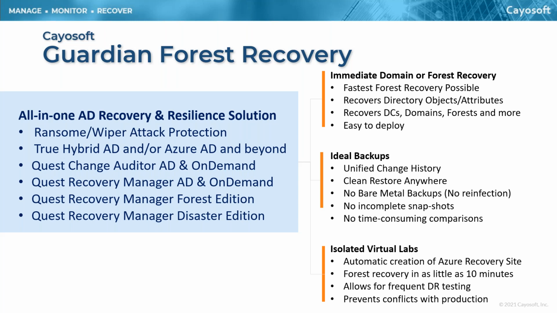So there's issues with, I have 2012 over here and 2016 here. We take care of all of those things that are needed to make sure that the Azure VM that's going to become your recovery site are done correctly. Now, by recovering to Azure, you have an isolated recovery site, isolated from both the attackers, if it is an attack, and also isolated from your production network, which isn't as important during recovery as it is to test the recovery, right? So in addition to immediate forest recovery, domain recovery, DC recovery, and object and attribute recovery,